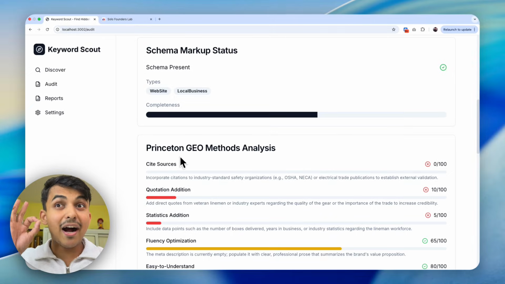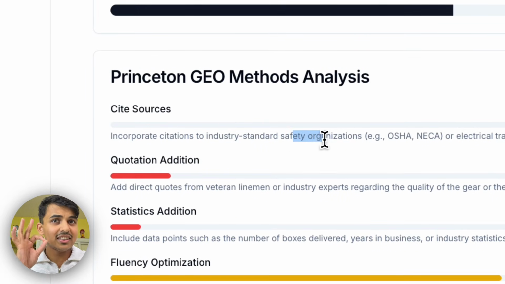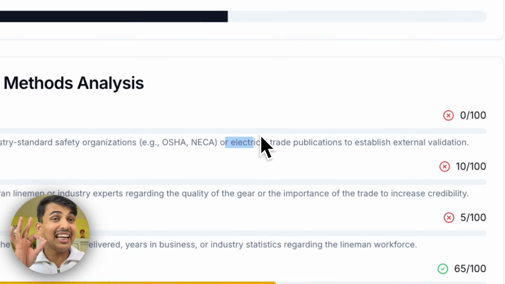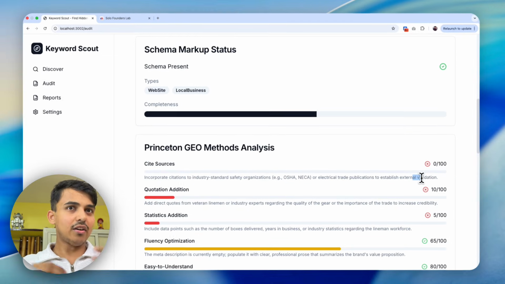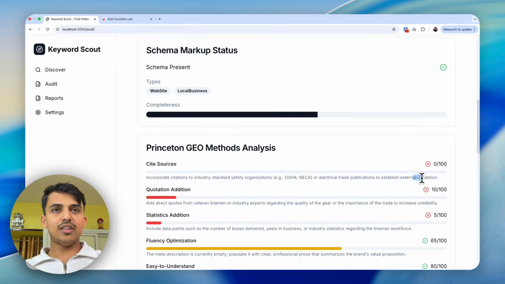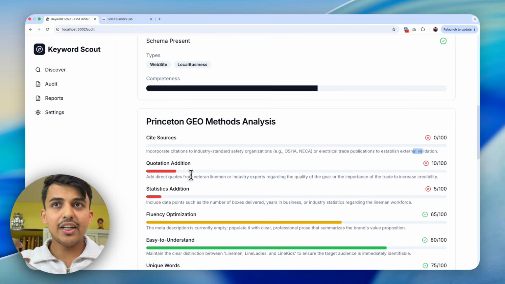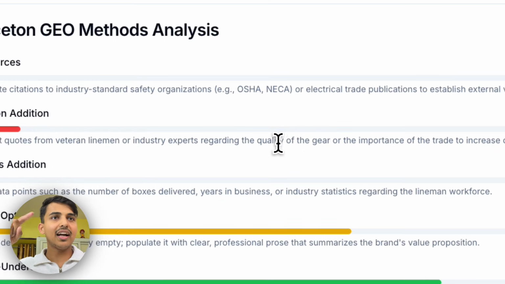Everything is coming there, but there is a thing, right? Incorporate citations from industry standards, safety organizations, or electrical trade publications to establish external validation for their business, so that they know that high trustworthy sites trust them, right? Quotation addition, right? Add direct quotes from veteran linemen or industry experts regarding the quality of the gear.